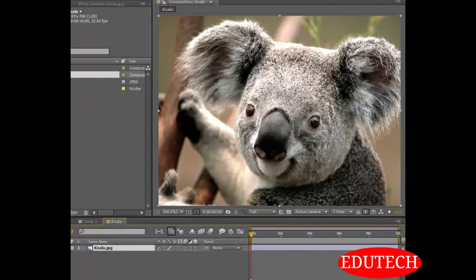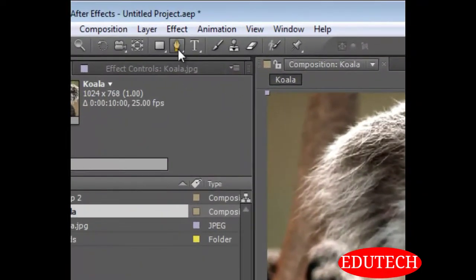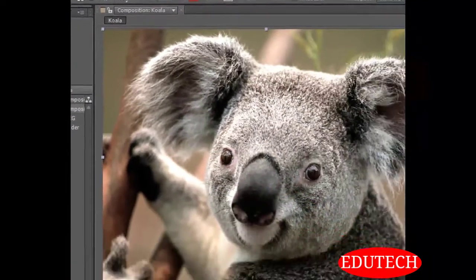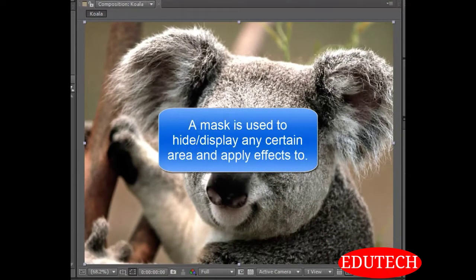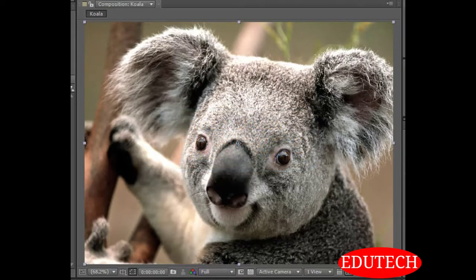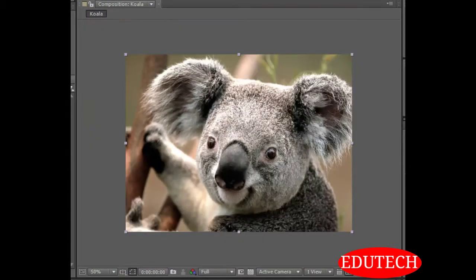In order to create a mask, select the layer that you create the mask on, select the pen tool, and you can start creating the mask. A mask is basically that you can select any area of an image and then you can either hide it or you can hide the area outside of the mask, and then you can composite many things all at once. For example, if I mask out the face of this koala,